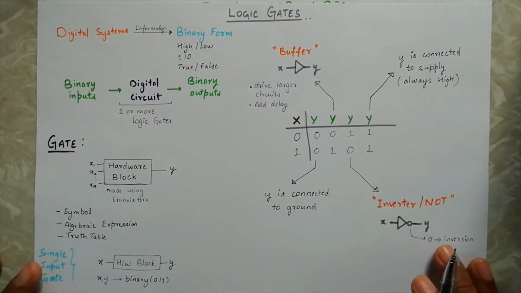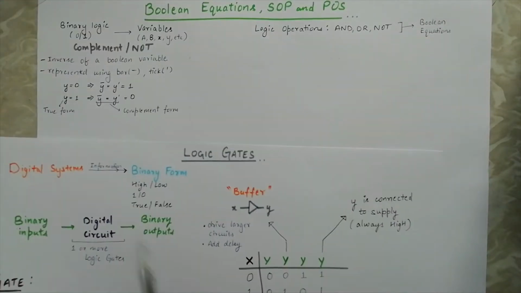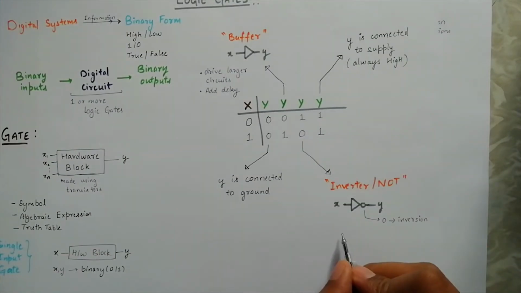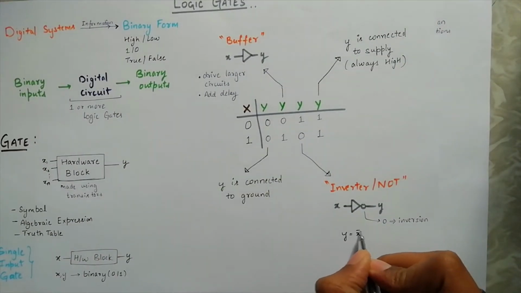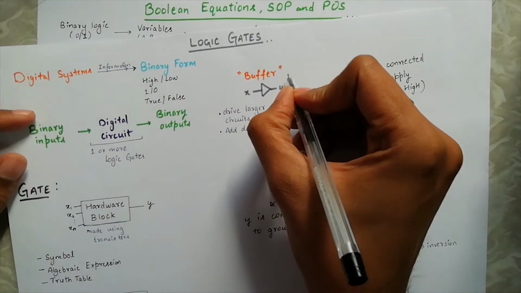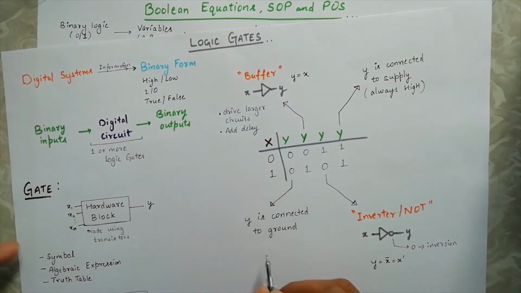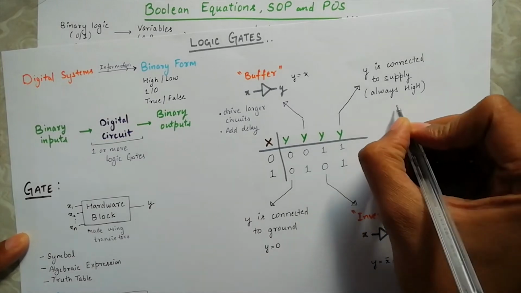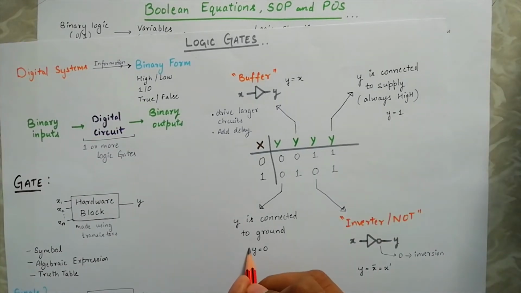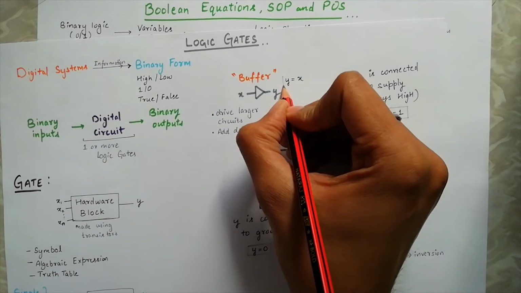Now here, when we discuss the inverter, you will notice that it's the same thing as complement. Even the name of the gate is NOT. So we can say that output y here is equal to x bar equal to x prime. And similarly, for a buffer we can write y equal to x. And here we have y equal to 0 and y equal to 1. So we have written down some equations which give us the same information as a truth table. And these equations are called as the Boolean equations.